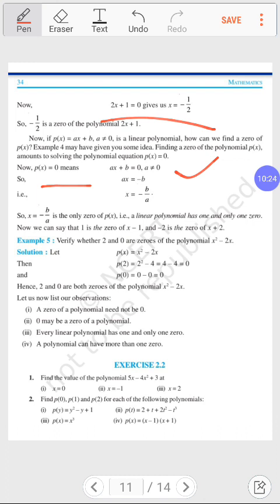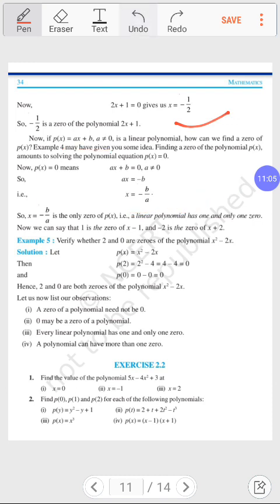As I said for equations, whenever something goes from one side to the other side, its sign becomes opposite. If plus goes to the other side of the equal sign, it becomes minus. If minus goes to the other side, it becomes plus. If multiply goes to the other side, it becomes divide. And when divide goes to the other side, it becomes multiply. In the second step, this is ax, that means a into x. When a goes to the other side, it changes into divide. So it has been written x is equal to minus b by a. This is the zero of a polynomial in the form ax plus b.